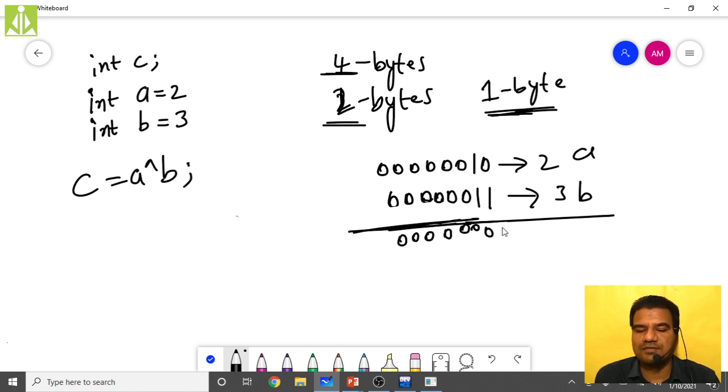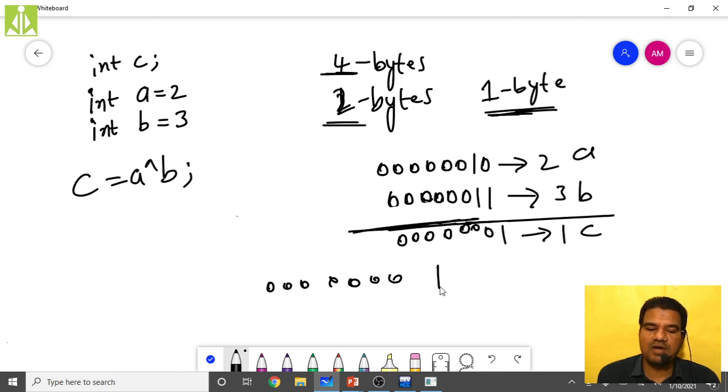Then 1 0 we have, so this is 1. So this entire thing is 1 only: 7 zeros followed by 1. Even if you convert it into decimal, you will get that only. So simply start converting: 7 zeros, then 1 multiplied with 2 power 0. All the other terms become zeros only, so I'm not keeping those. 2 power 0 means 1, and 1 multiplied with 1 is 1 only. Like this you will get the decimal value 1.